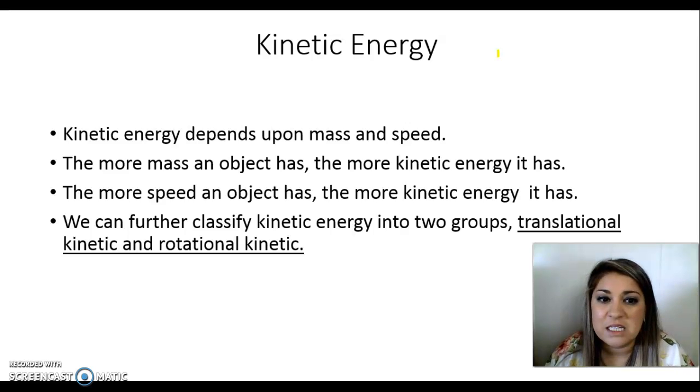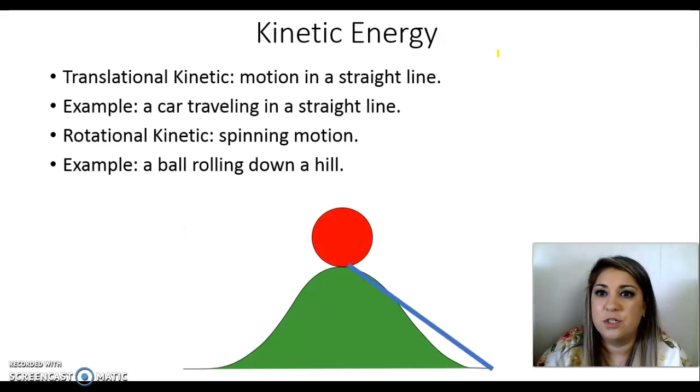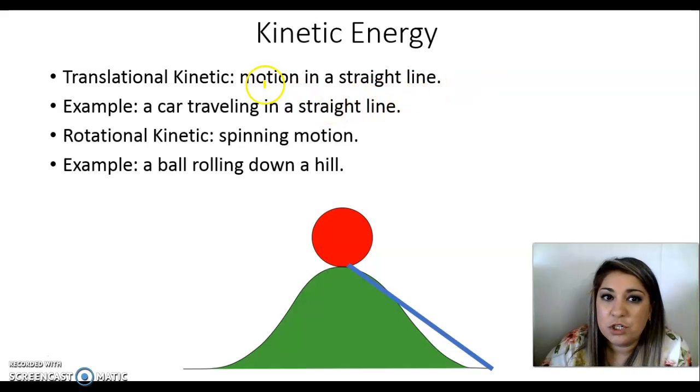We can further classify our kinetic energy into two groups, and these are going to be new for you guys. So translational kinetic and rotational kinetic. And they're super simple, so don't get freaked out, okay? So translational kinetic energy is just motion in a straight line. So motion is when something is moving, and when it's moving in a straight line, then that's going to be